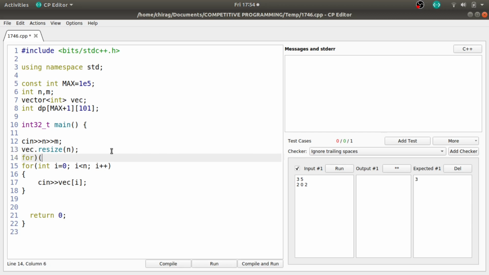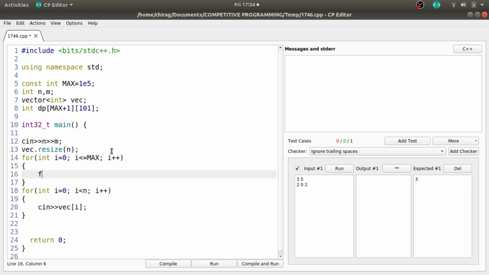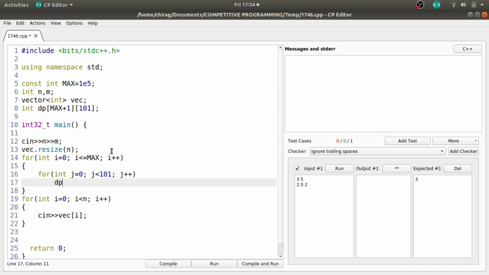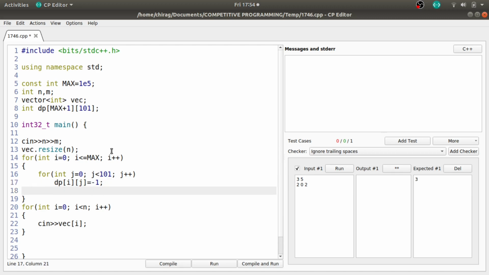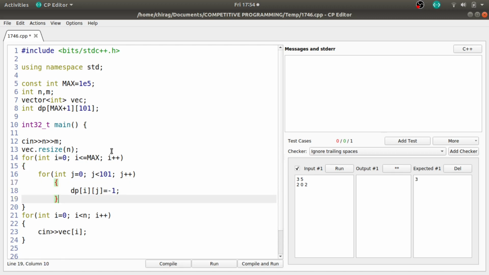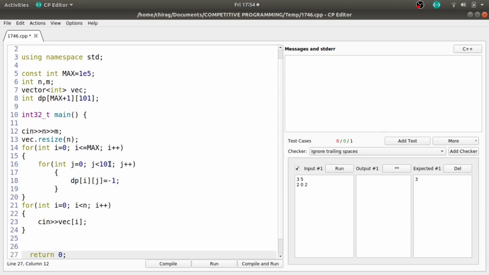So for int i equal to 0, i less than or equal to max, i plus plus, and for int j equal to 0, j less than 101, j plus plus, dp of i j equal to -1, and we have initialized -1.